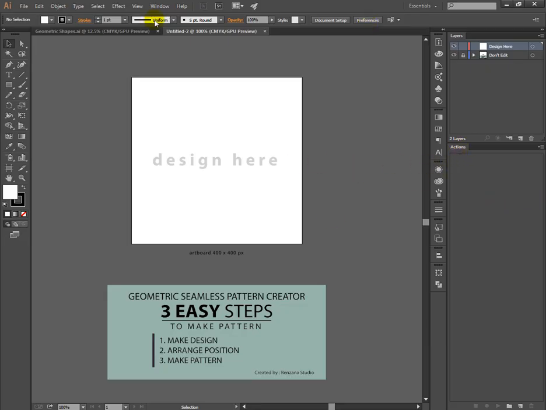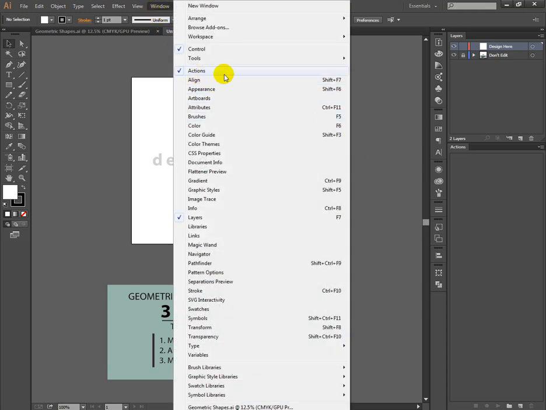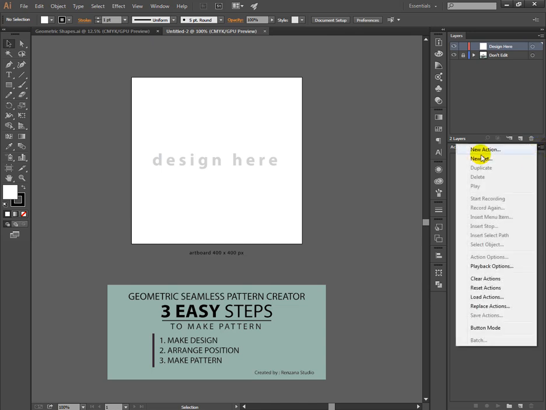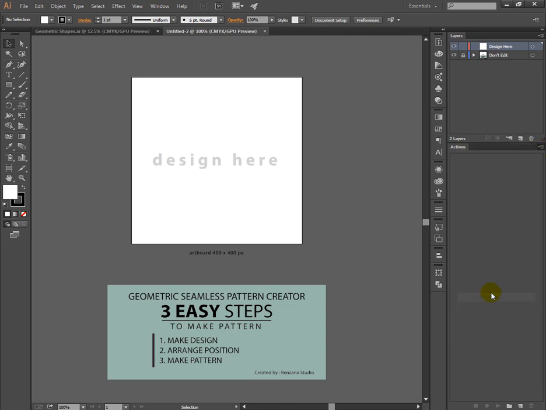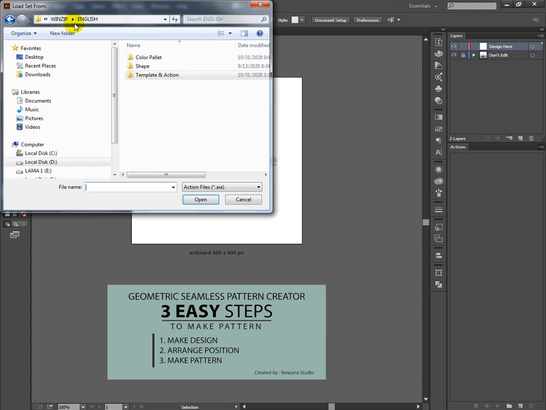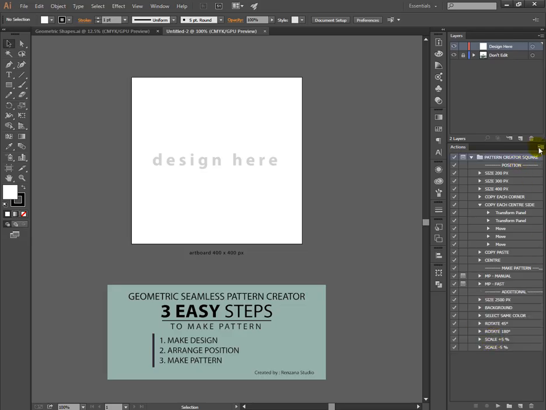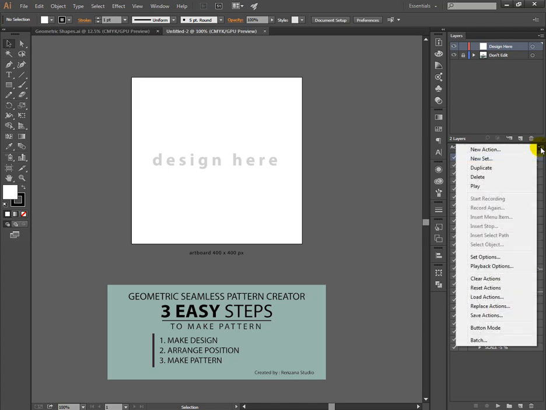If you don't find it, go to window and click actions, click this sign and then load actions, and go to template and action files and click the action Geometric Seamless Pattern Creator, open. Okay, like this, and click this sign again and go to button mode.